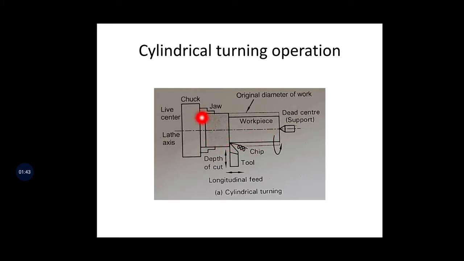A small length, let us say 10 mm or 20 mm, will go inside the jaw, and you have to clamp it. You use the chuck key, that is a tool, in order to tighten this workpiece, so the workpiece will be firmly fitted in the 3-jaw chuck. During the rotation, it should not come outside. When it comes out, it is very dangerous. It may come and hit you, and it may hit other people who are nearby also.